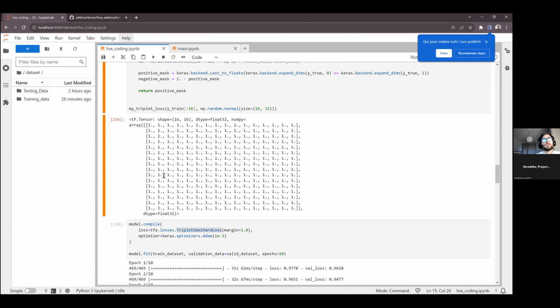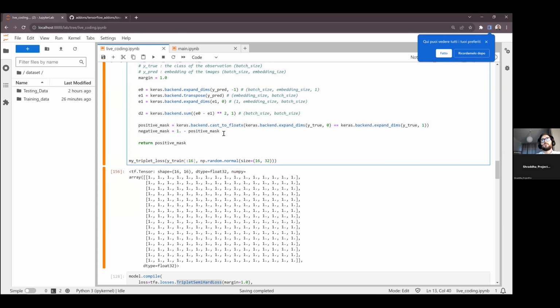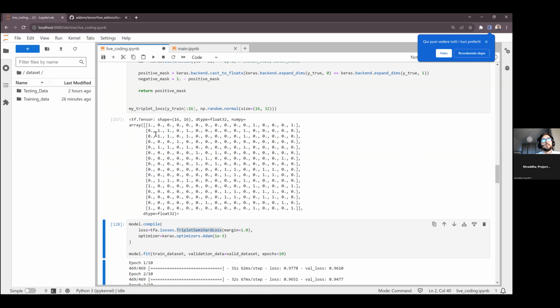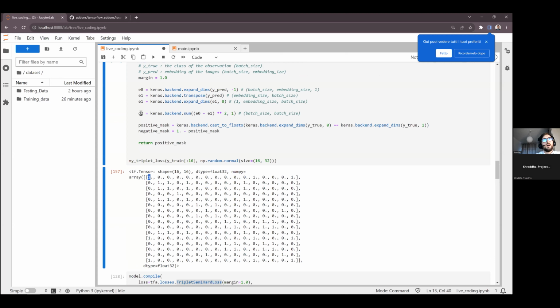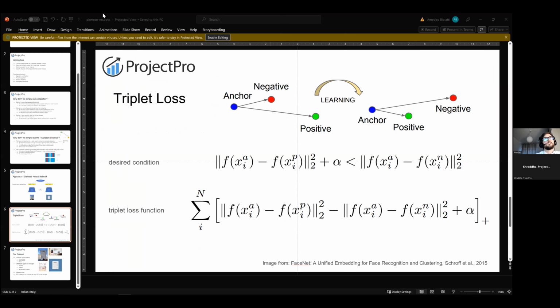Because we want to compute, okay, we have the positive. We want to find for this element one positive and one negative. I want to find something in the same way. Let's reason a bit about it.